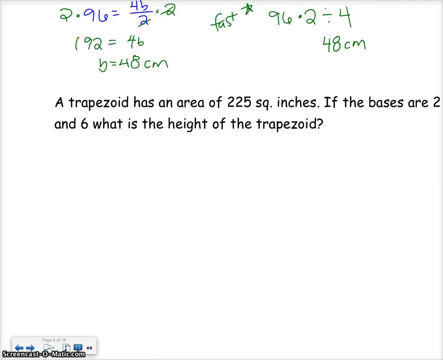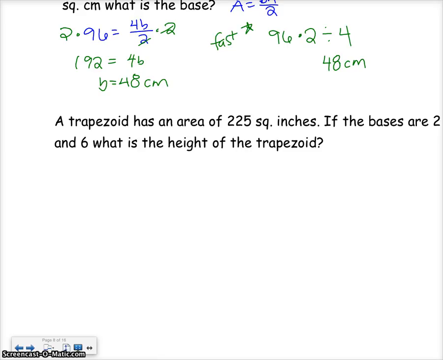Okay, last one. A trapezoid has an area of 225 square inches. If the bases are 2 and 6, what is the height? So I know area equals b1 plus b2